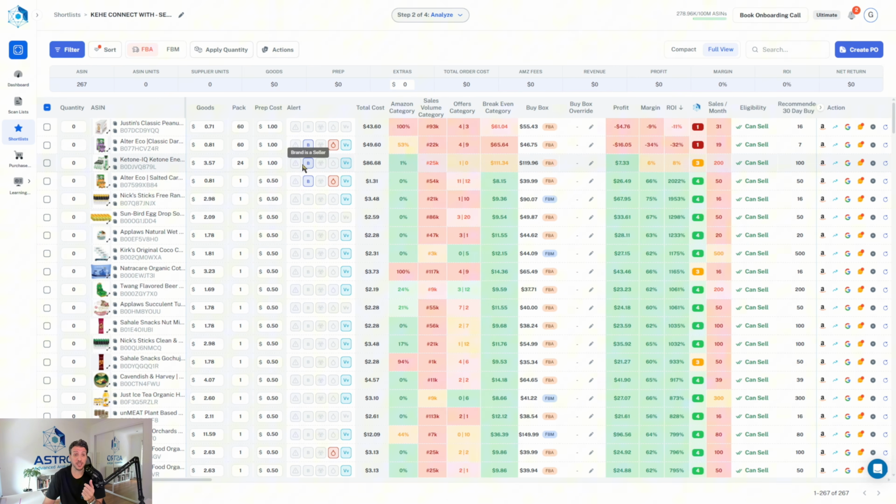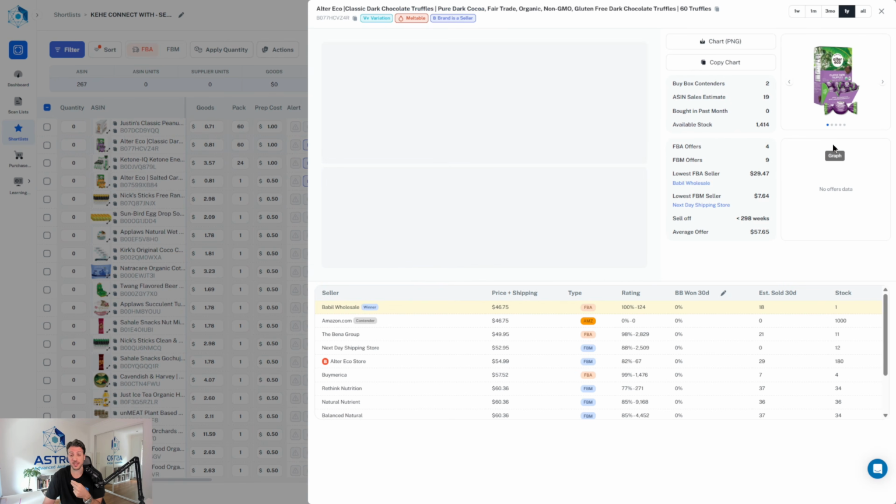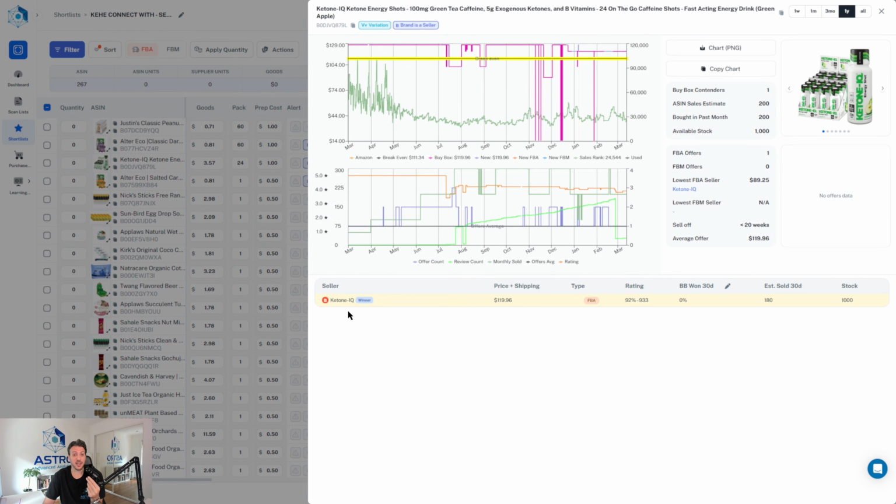This one here, just looking at the data as well, you can see that the brand is a seller, and you can also see that there's only one FBA offer. So probably not ideal, because that one seller, if we go ahead and check it out, is the actual brand. Did I go to the right one? It was this one right there. So you can see this Ketone IQ, and yes, it's profitable, but they're the only seller. Every now and then another seller jumps on, just looking at the chart here,